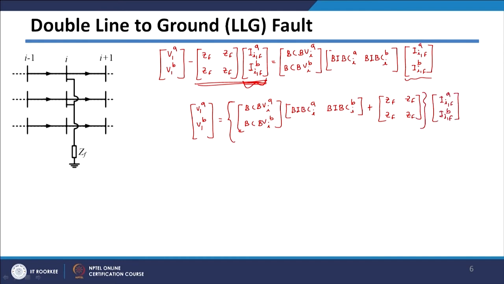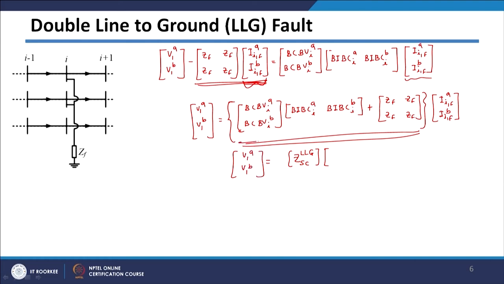And if you observe, I am calling this particular part the Z short circuit matrix in case of LLG fault, so this equation will become V1A, V1B equal to